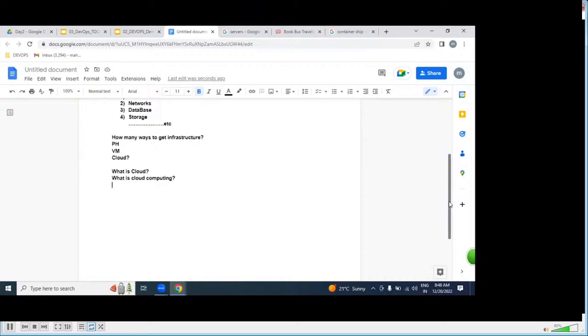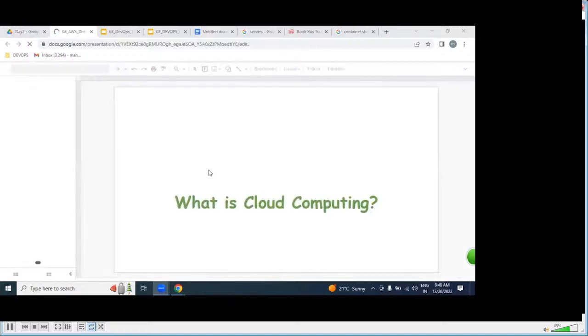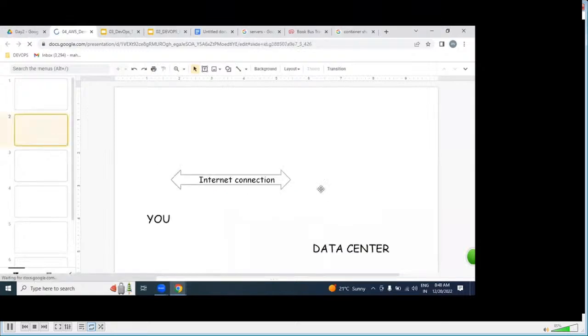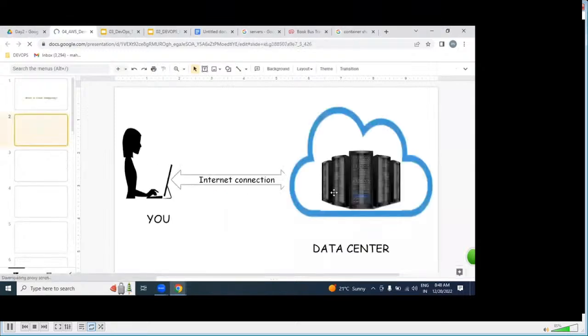Let us discuss what a cloud is. If you can access the remotely placed resources over the internet from a laptop, that is a cloud.